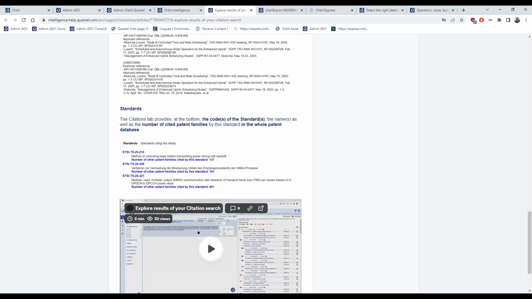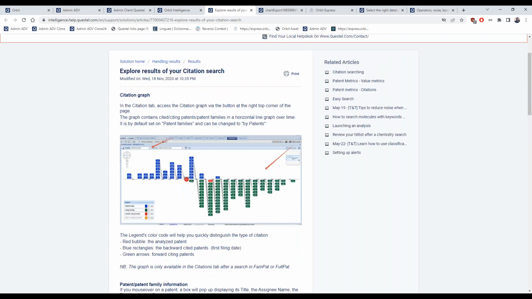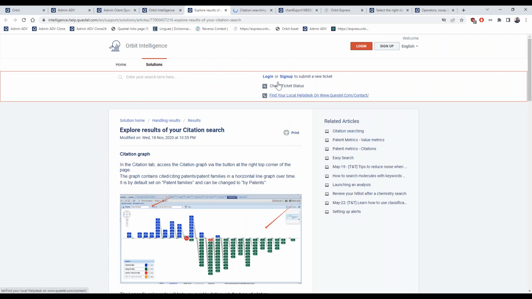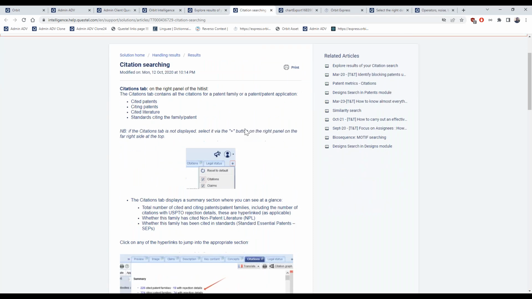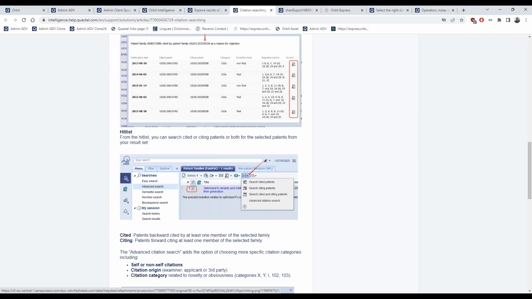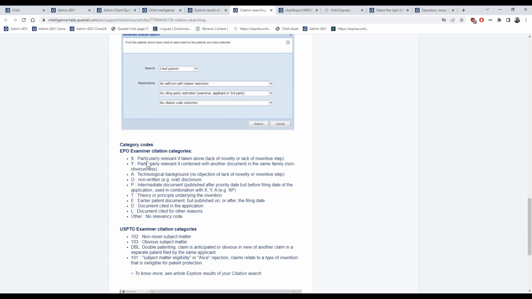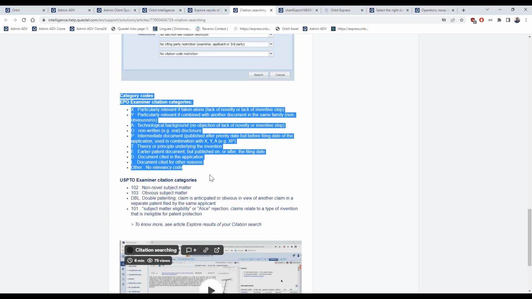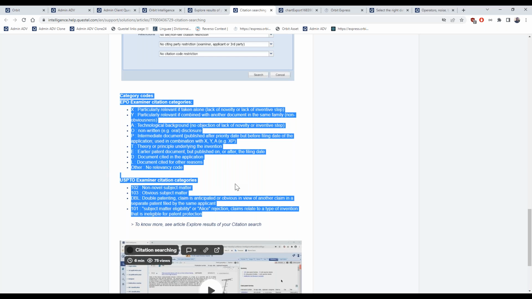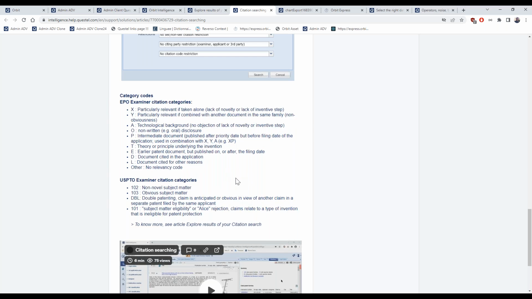There is some definition, but citation searching, the related article, is the one that gives you a brief explanation on the categories set by the USPTO or the EPO. Okay.